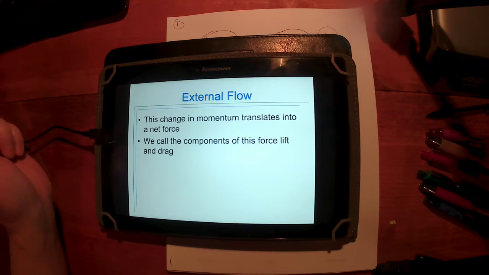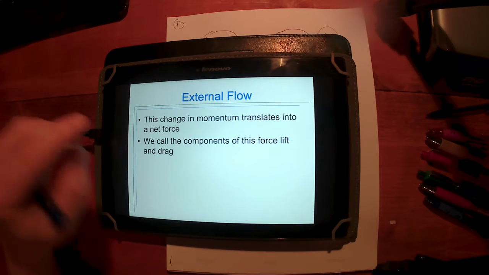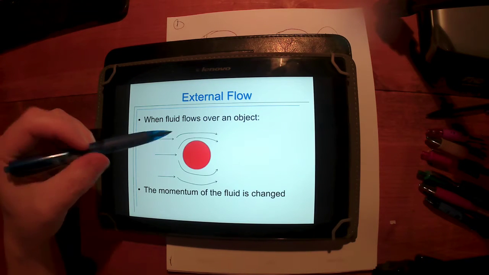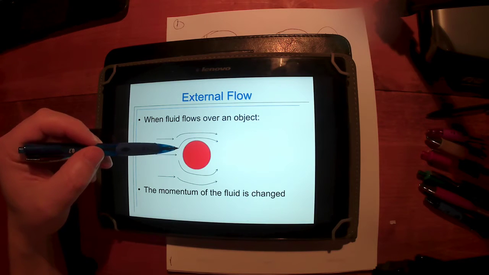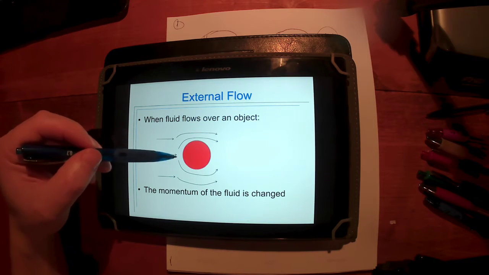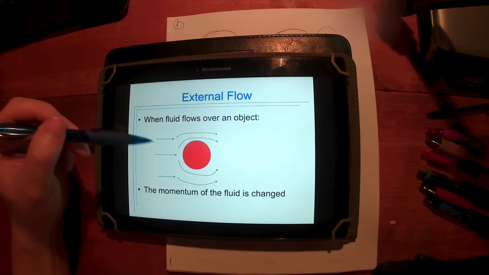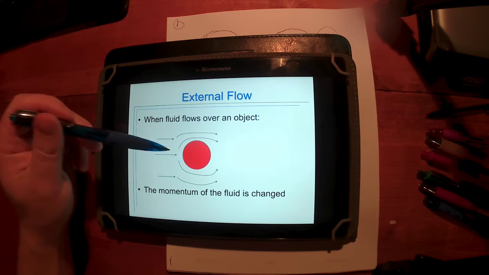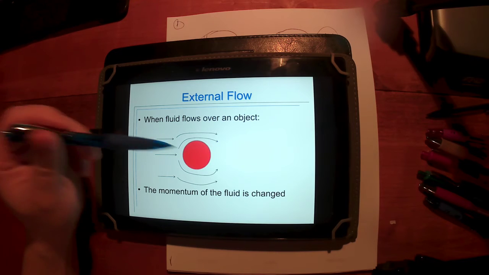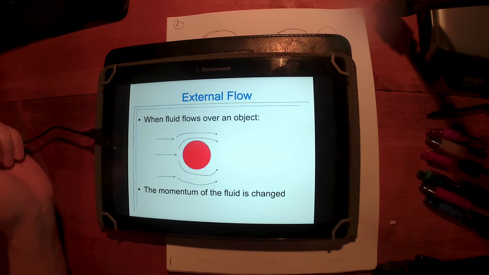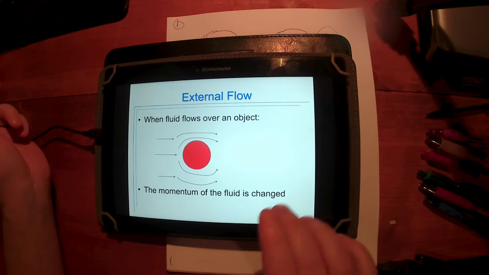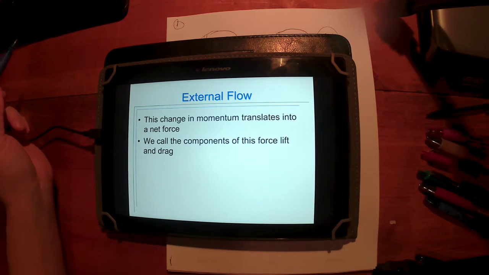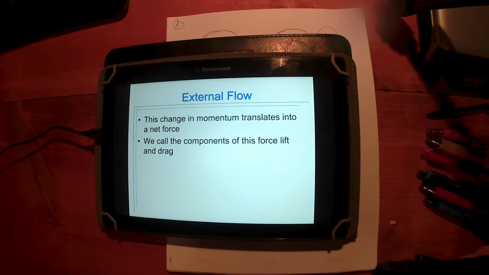Newton's third law tells us that as this object applies a force to these fluid particles to change their momentum, to force these fluid particles around the object, these fluid particles will apply an equal and opposite force upon the object. Right? So, what happens is,